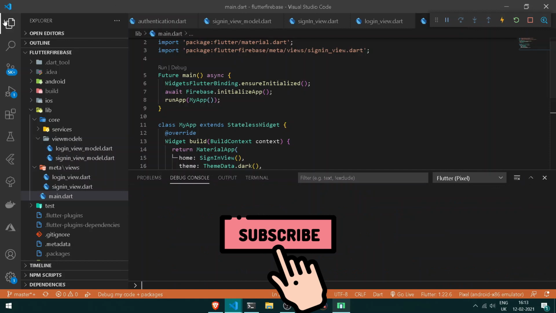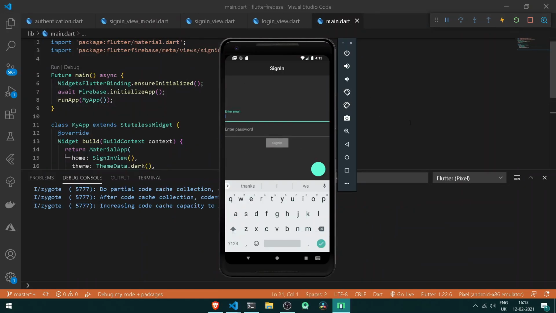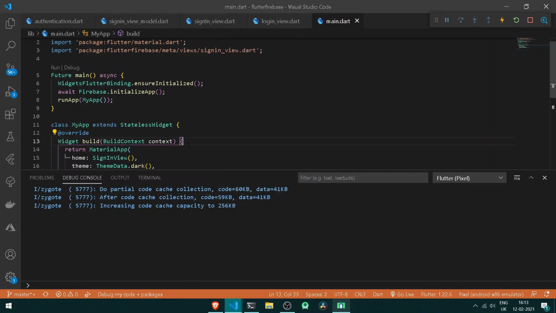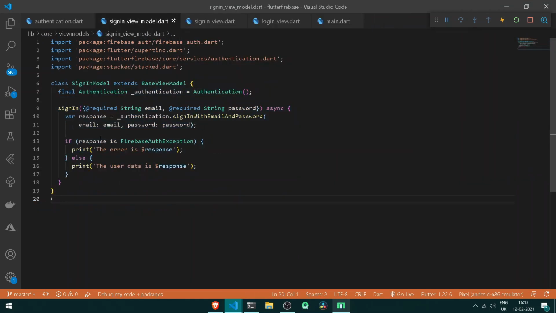Let's clear it out, minimize it down, and here, let's try creating a new account. So here, let's have a new email. Also, let's have a new password for it. But before signing in, let's move under our entire sign in view model. So under our sign in view model, we are simply printing out our Firebase auth exception and similarly our plain